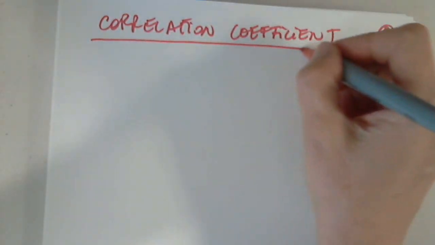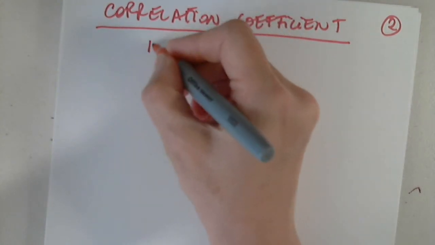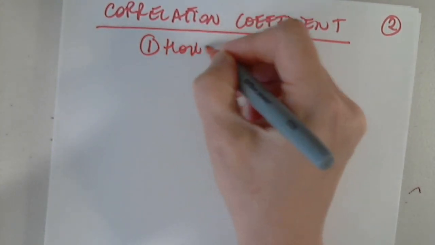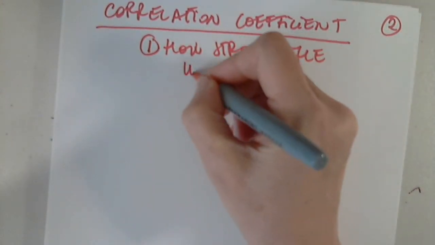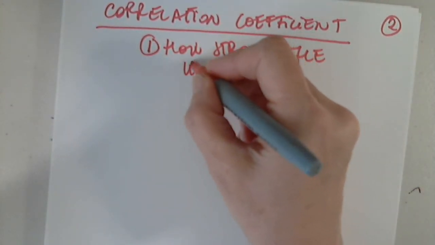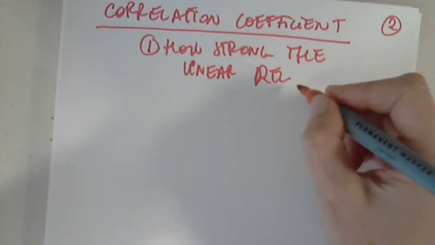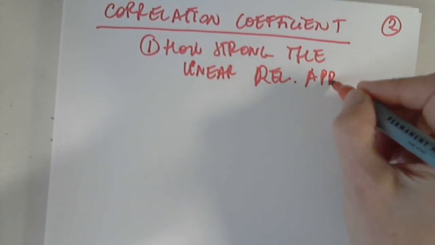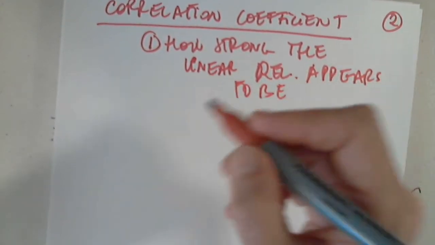What does the correlation coefficient tell us? It will tell us, number one, how strong the linear relationship appears to be. Number two,